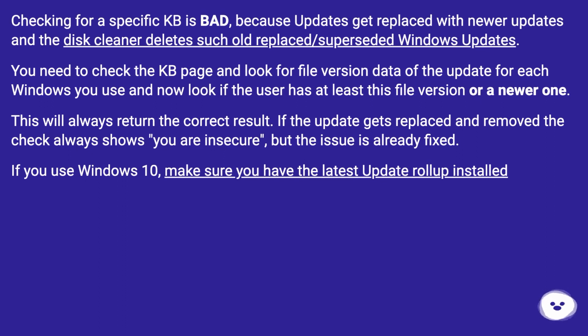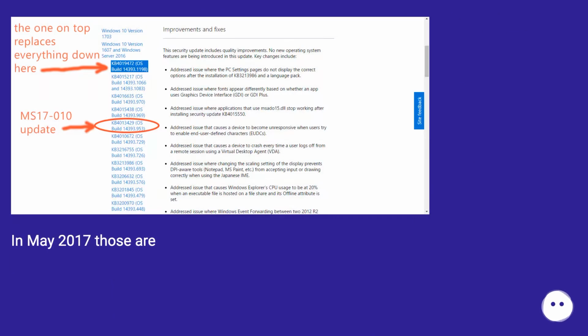If you use Windows 10, make sure you have the latest update rollup installed. In May 2017, those are: